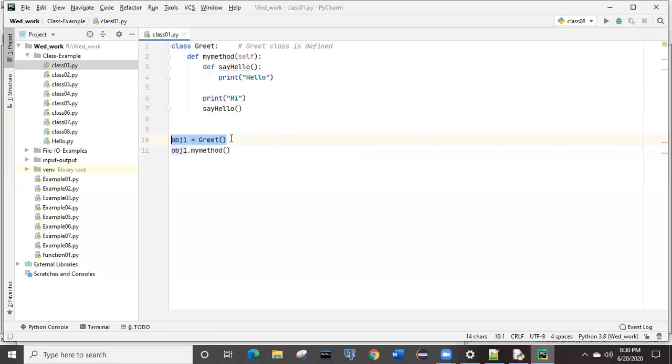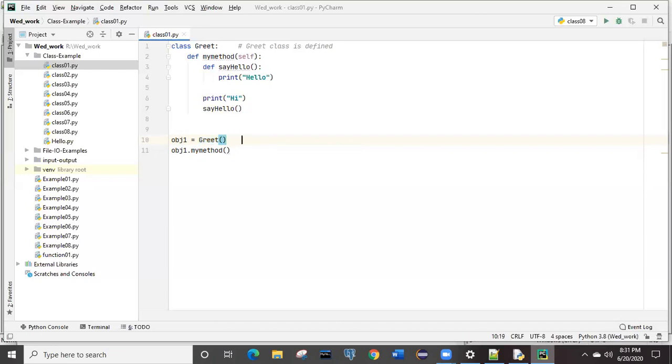So this is the way to create an object of any class in Python. You can give any object name, like I have given obj1, but always give a meaningful name, right? Equal to, you simply give the class name itself. This is the way in Python. In other languages, we have a slightly modified form, but in Python, this is the way.